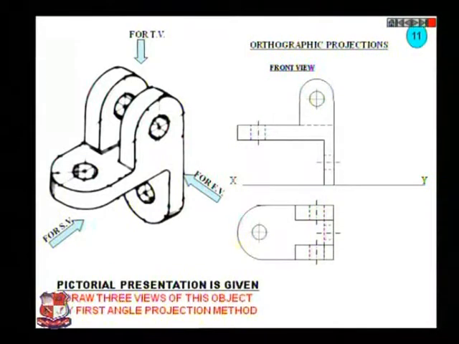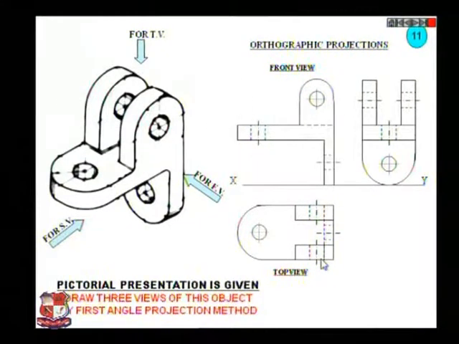Now about the top view, this is the top view. In the top view, this circle is drawn over here, two rectangles shown over here, two holes which are represented by dotted line and center line over here, and this bottom edge again will not be visible, hence it is represented by the dotted line from this upper line to this lower line.